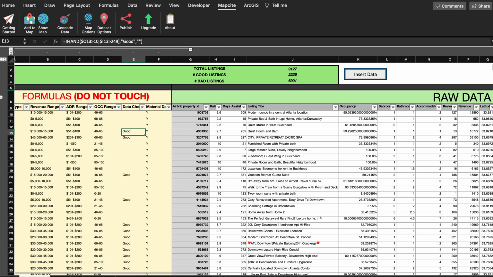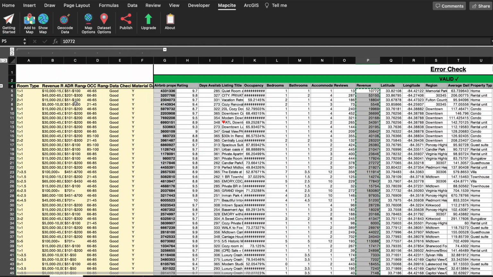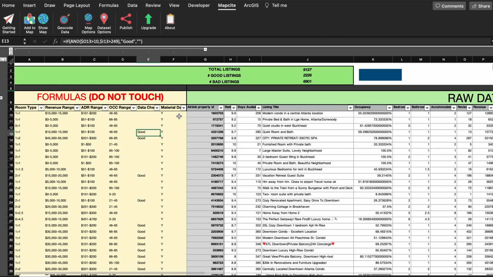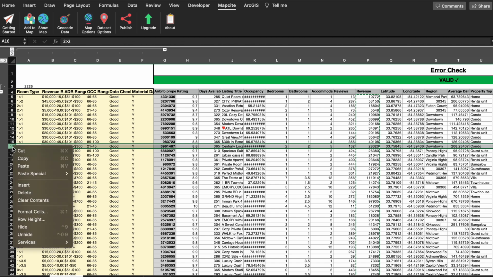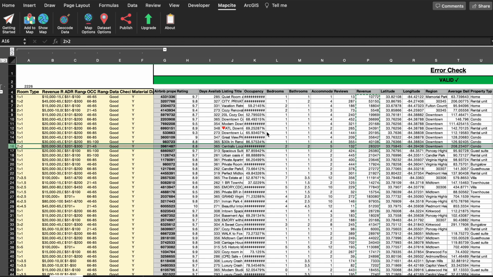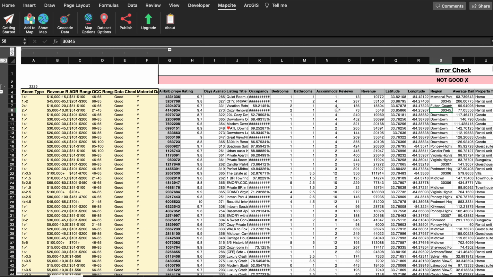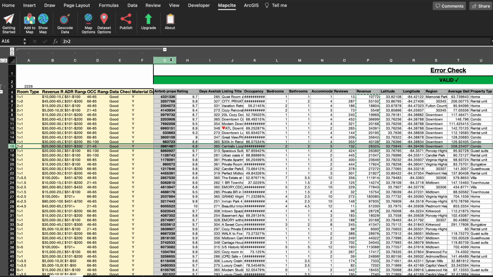Around this, I extract it and bring it into a different tab where all we see is the good data. Right now we see that there are 2,200 good pieces of data, and that validates and checks with this. So if there's ever anything wrong, say we delete one row, you see it go from valid and good to not good. This is just an extra level of validation to make sure that we're running the analysis properly. This is all under-the-hood stuff, not really important to you. I just want to give a thorough deep dive around the model and the accuracy of the data.